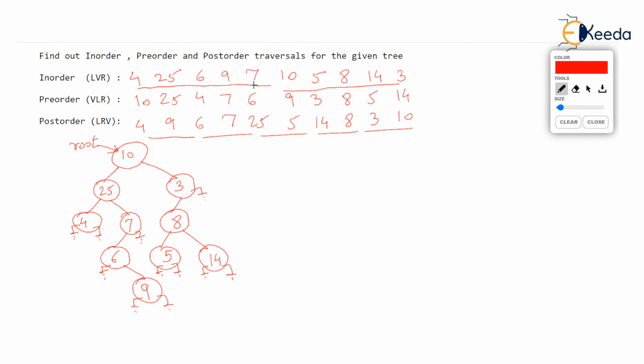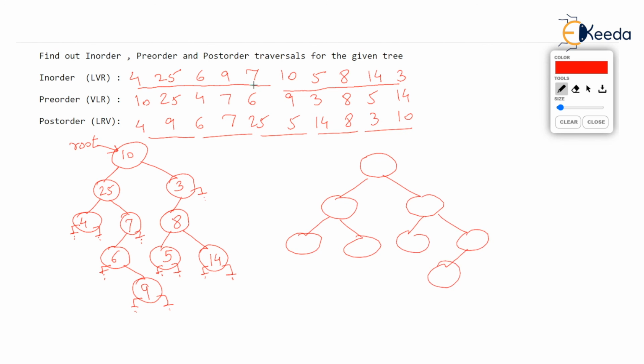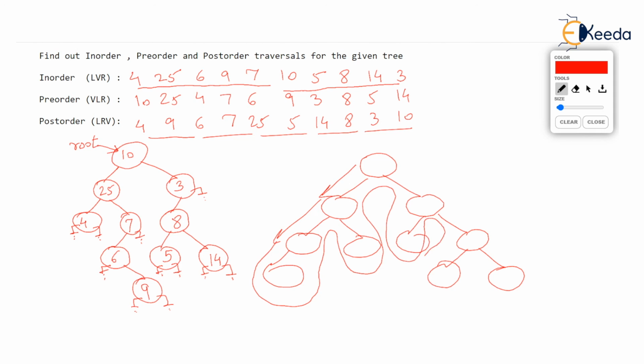Now, many textbooks or many other authors or teachers teach in order, pre order, post order by teaching some tricks. For example, they say that if you are having some tree like this, and this is not to oppose anyone. Please try to understand, I'm just trying to guide you in the proper lines. Now they often draw some arrows like this and follow the arrows, and you will get in order. Some tricks like that are given.